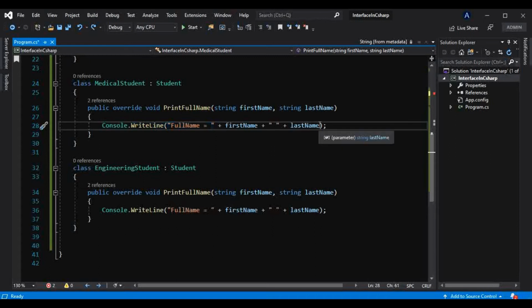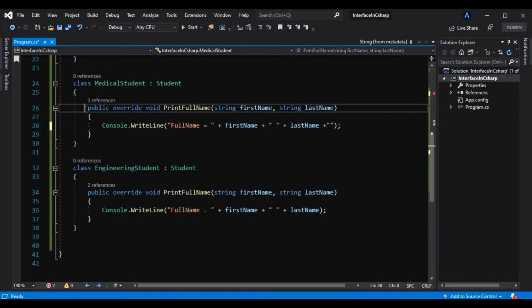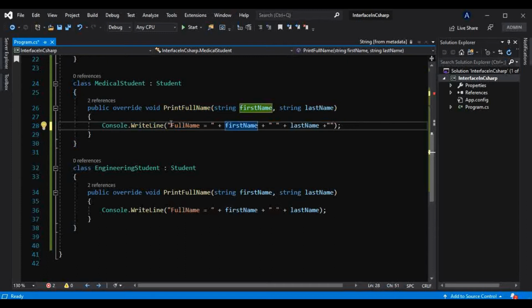So this medical student can do something like this. It can append one message here to make the user understand that this is a medical student name, like this. He can give one message here, medical student, like this.